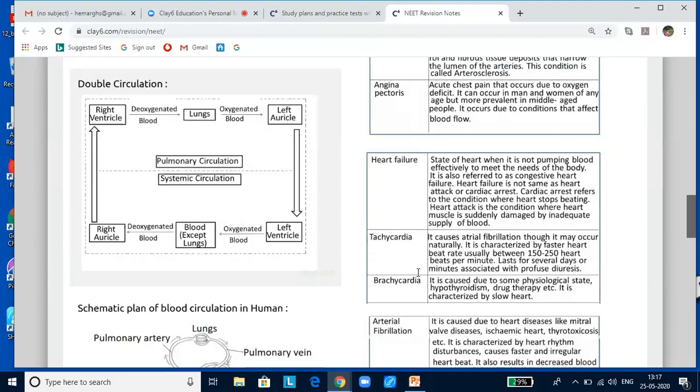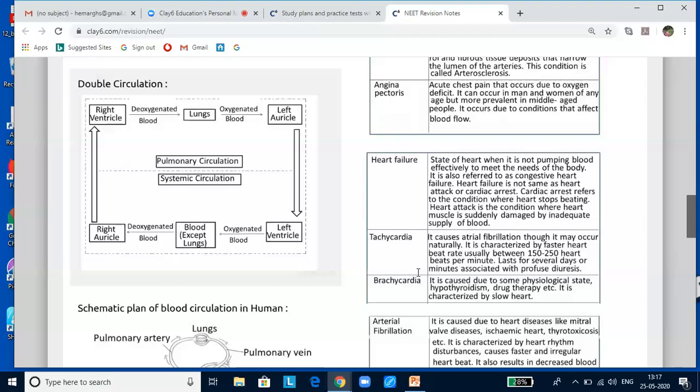The deoxygenated blood pumped into the pulmonary artery is passed on to the lungs, from where the oxygenated blood is carried by the pulmonary veins to the left atrium, and this pathway is called pulmonary circulation. Oxygenated blood entering the aorta is carried by a network of arteries and arterioles and released to the tissues, from where the deoxygenated blood is collected by a system of venules, veins, and vena cava and emptied into the right atrium. This is systemic circulation, which provides nutrients, oxygen, and other essential substances to the tissue and takes carbon dioxide and other harmful substances for elimination.